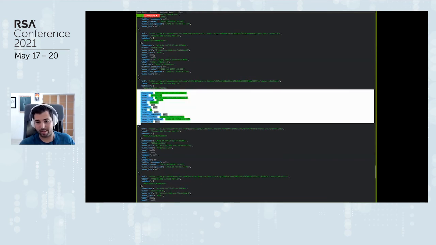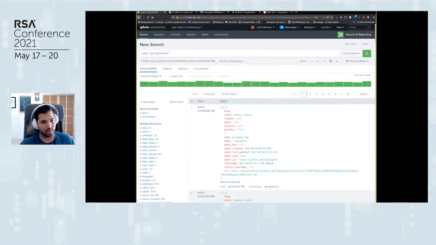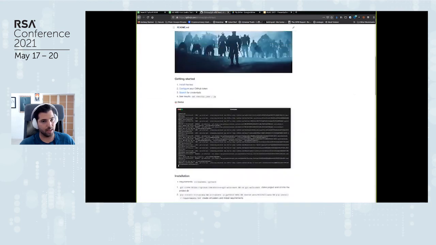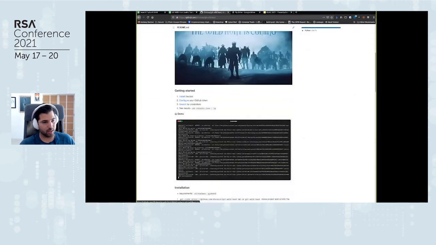Now, the cool thing is, since this is a simple JSON, one of the things that we're doing here is indexing this data in Splunk, right, to make it easily reportable. And what Rod and I have been doing is running this tool for the last 8 months and collecting all the data out of it in a Splunk instance. And we have a bunch of good information out of it. But by the way, this is the GitHub project. Just wanted to share with you really quickly.